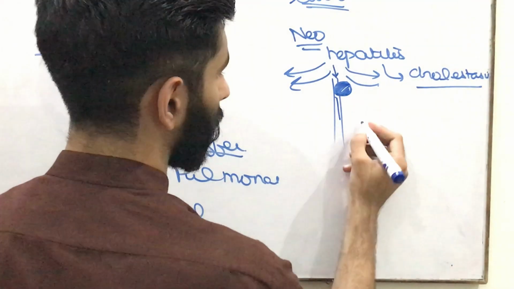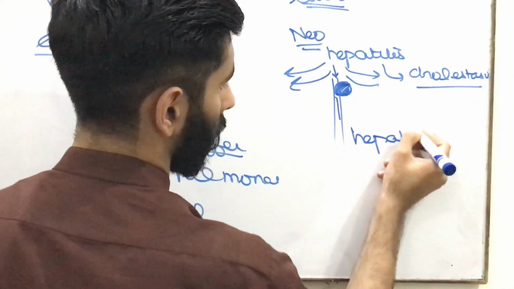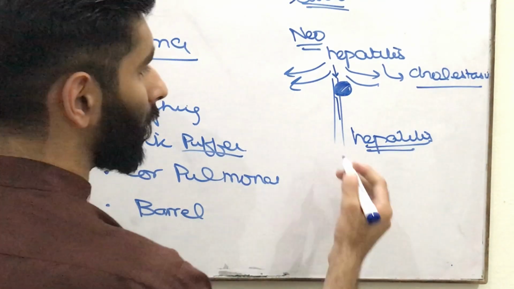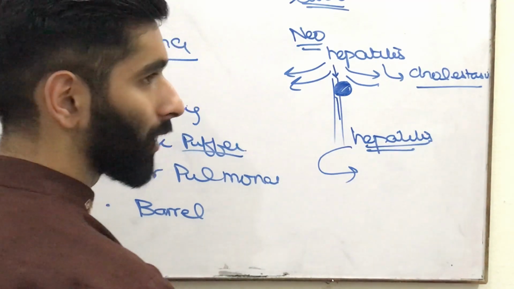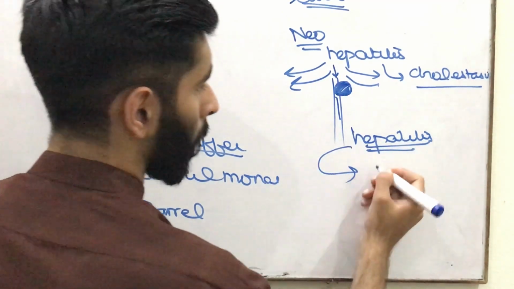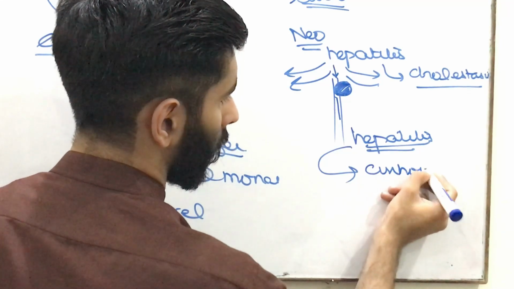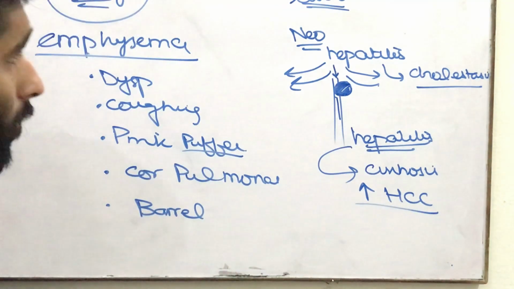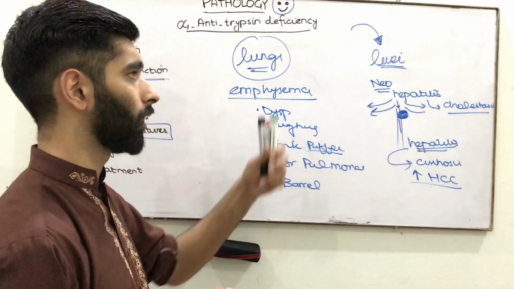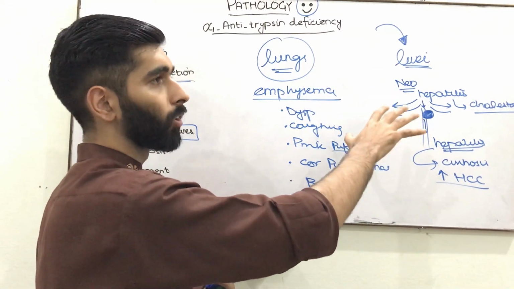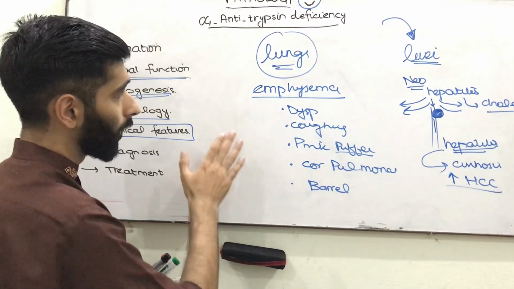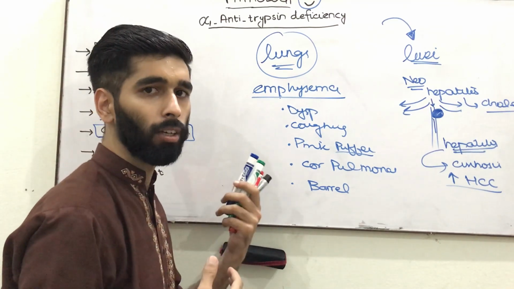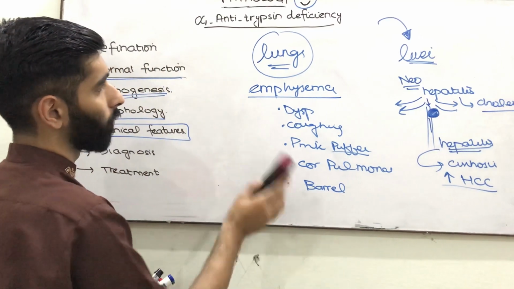In adults, the findings are hepatitis, and when there is hepatitis, there is hepatocellular damage and death of the hepatocytes, and they release various types of chemicals that activate the stellate cells that lay down connective tissue, leading to cirrhosis. And there is also increased risk of hepatocellular carcinoma. So these are the clinical findings in case of liver due to alpha 1 antitrypsin deficiency. The concept behind every finding will be taught in another lecture on emphysema.